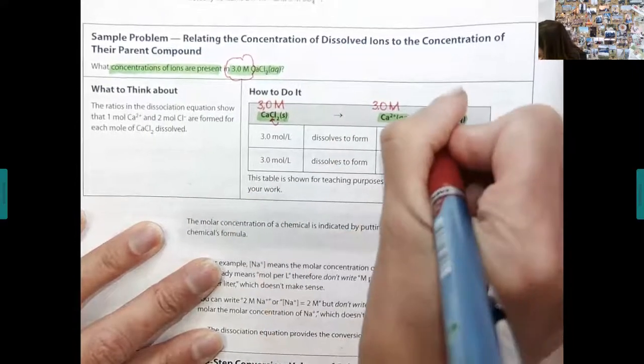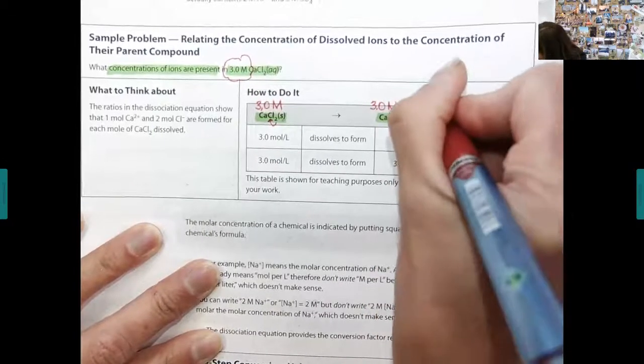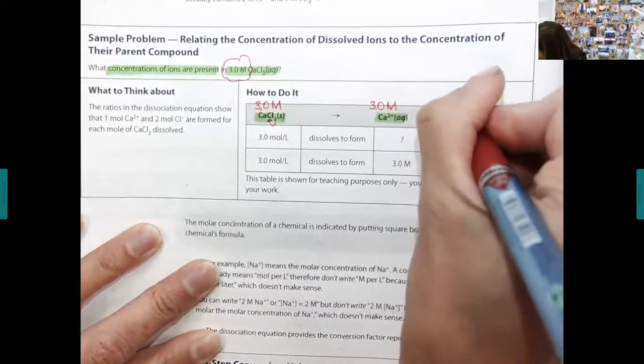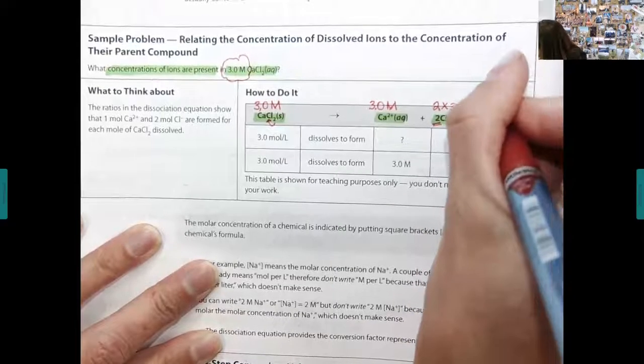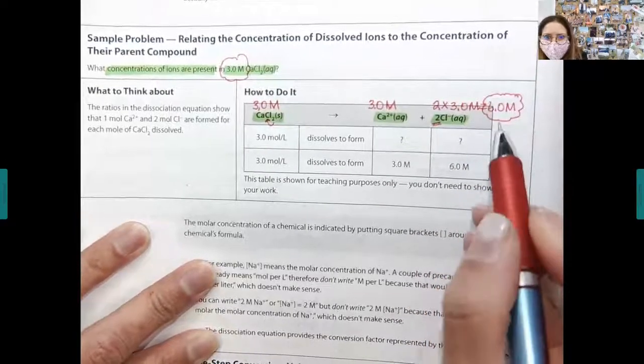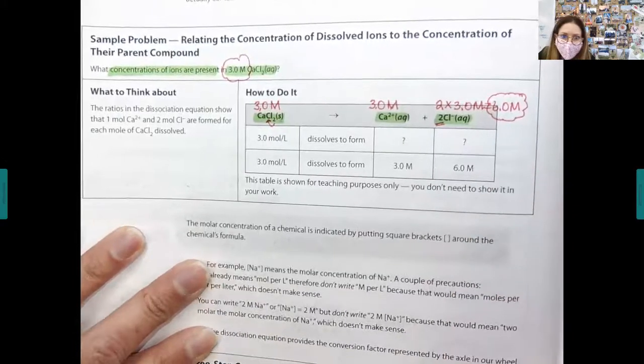But if there's a coefficient other than 1 in front of the ion, you have to multiply that coefficient by the solution concentration, which will give you 6 molar for the concentration of the chloride ions. Okay? Now,